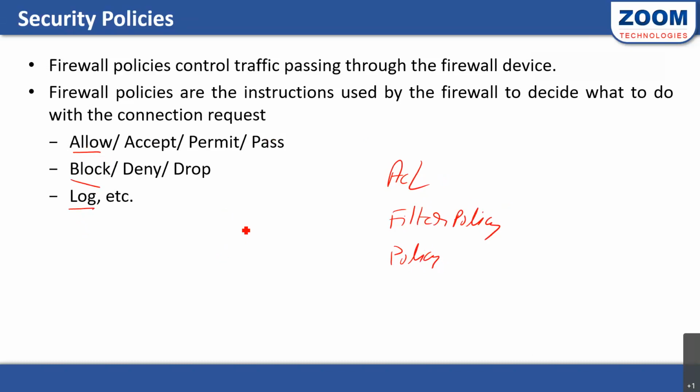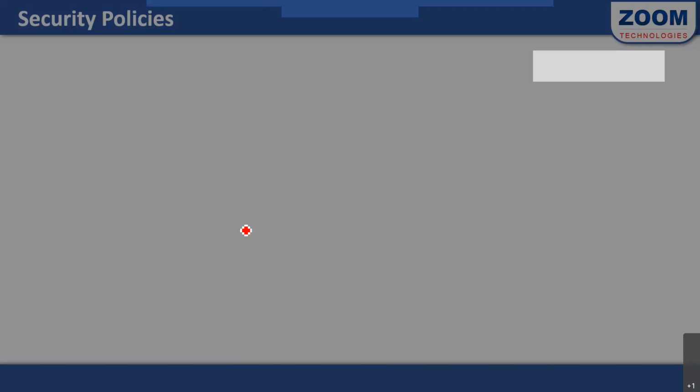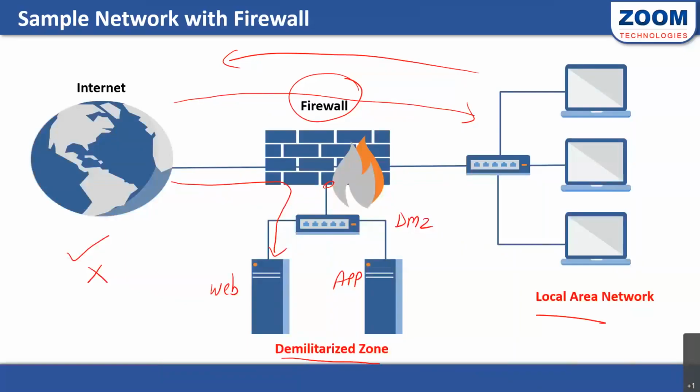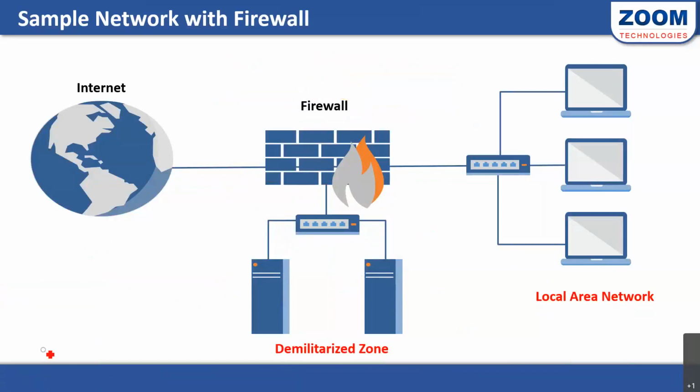Let's say in the previous example, where traffic has to pass through the firewall from LAN to internet, if I have to write a security policy here, I'll write a policy which says if a request is coming from the LAN network, which is the source, trying to access anything on the internet, because I'm not really sure which website or which resource will be requested by the LAN user.